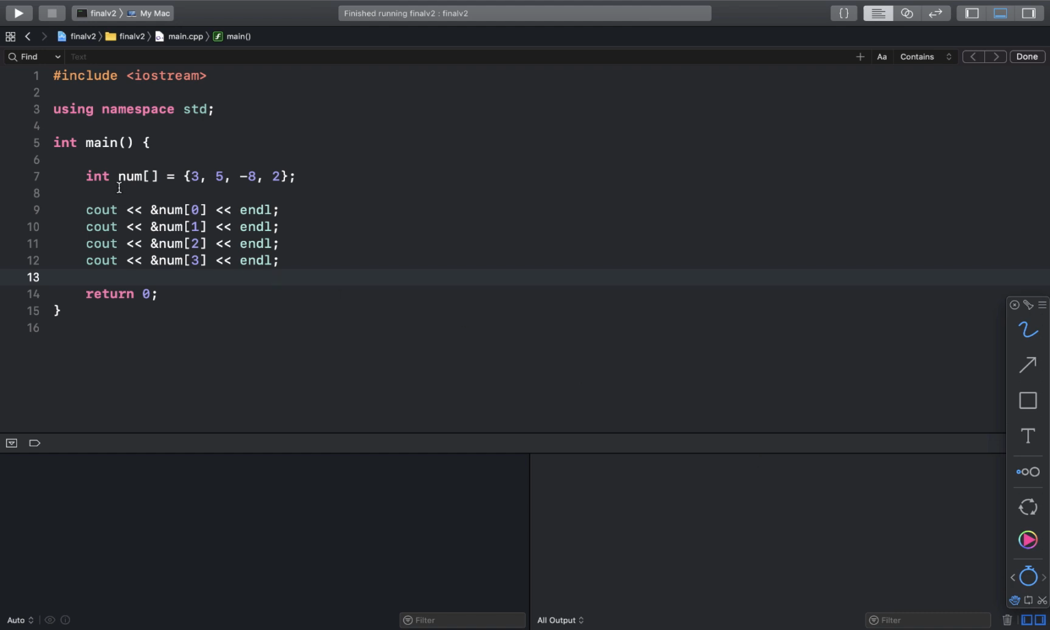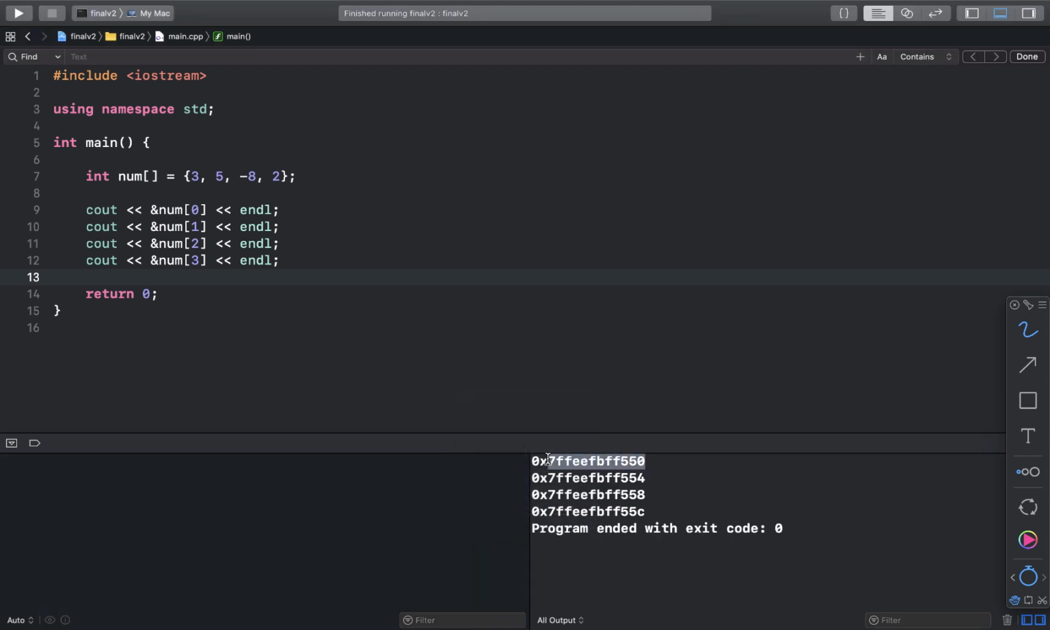And so when I create this array called num and I assign it these 4 values, I'm going to print out the address of each of the cells. So when I run this program, you can see that this is the address of where num begins. And then if you notice, each address goes up by 4 bytes because it takes 4 bytes to store an integer. So if I were to draw this out, what it looked like in memory,